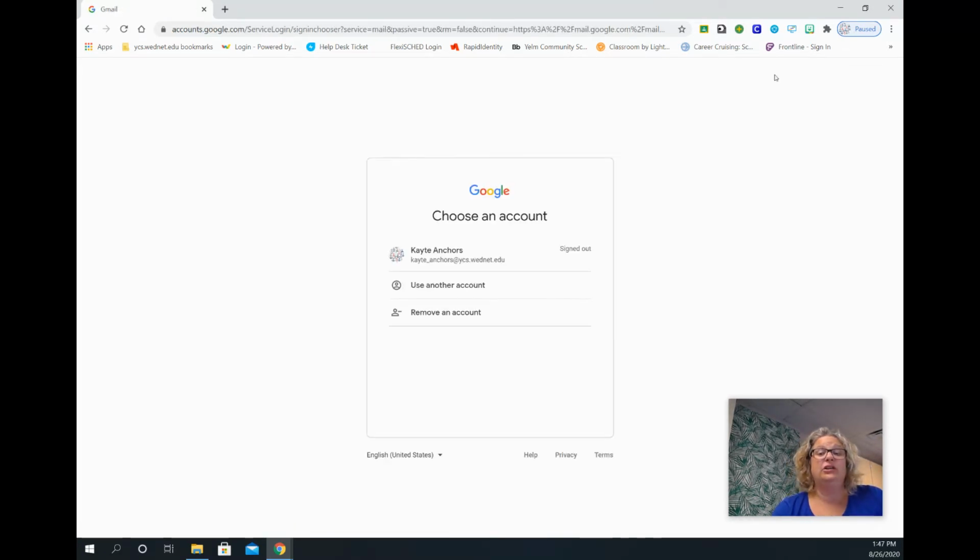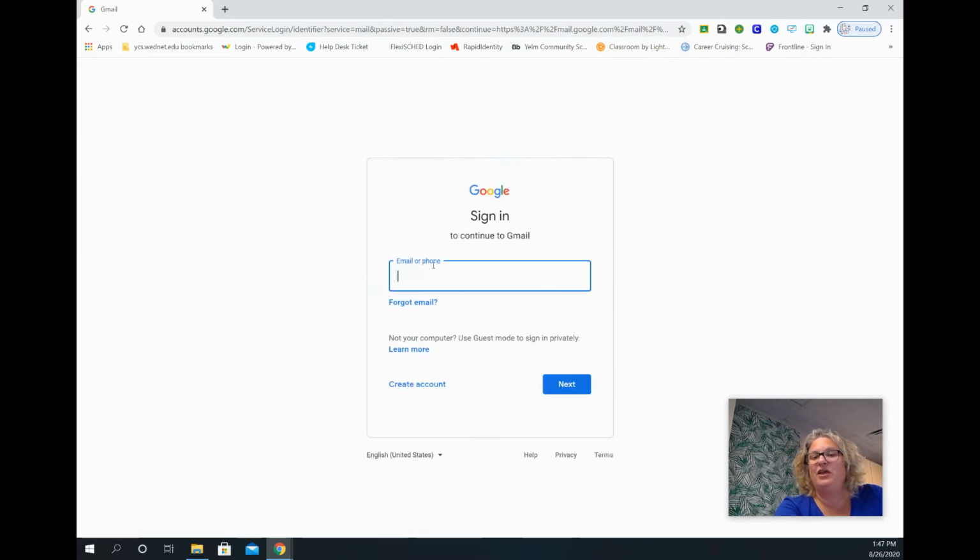Right now, this is going to look a little different because this is my school computer and I'm logged in so that I can record. But when you come in, you're going to see something different, and you're going to type in your student email address. If you don't remember it, it's super easy. Your student email address consists of your first name, followed by a period, followed by your last name,